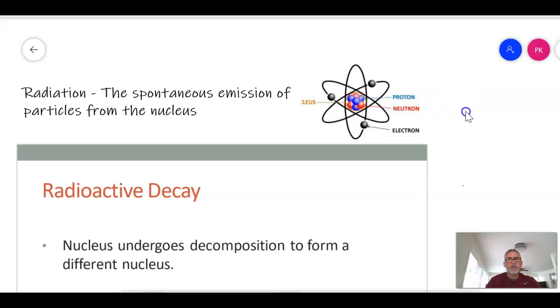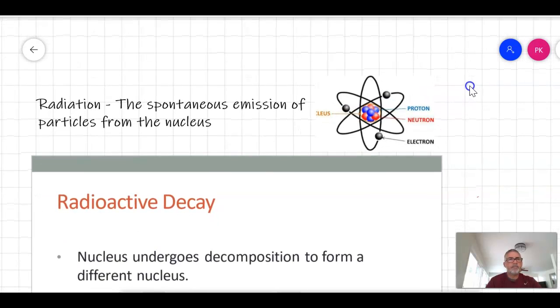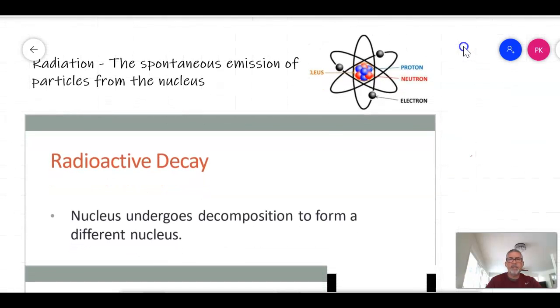All right, so we're going to talk a little bit about radiation. Radiation is the spontaneous emission of particles from the nucleus. Remember, we have three subatomic particles: protons, neutrons, and electrons. The protons and neutrons in this area are the things that we can get rid of from the